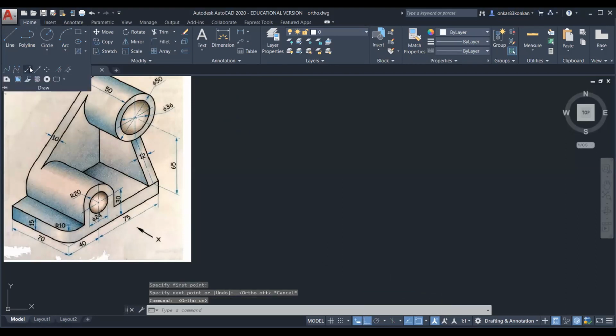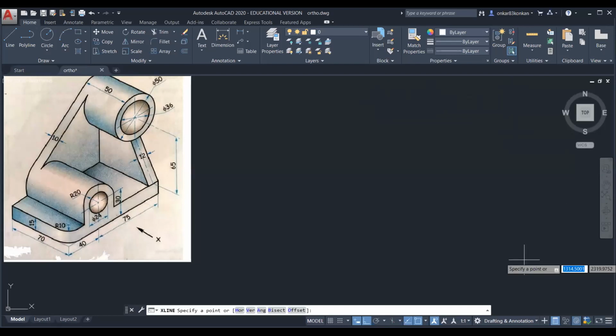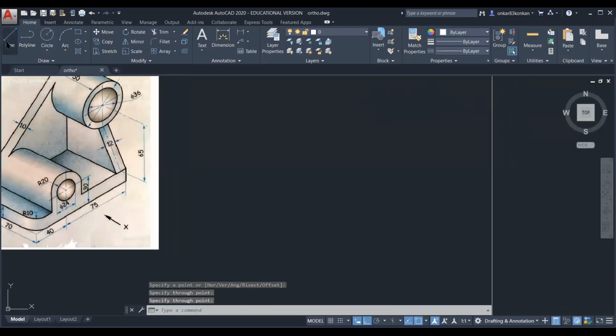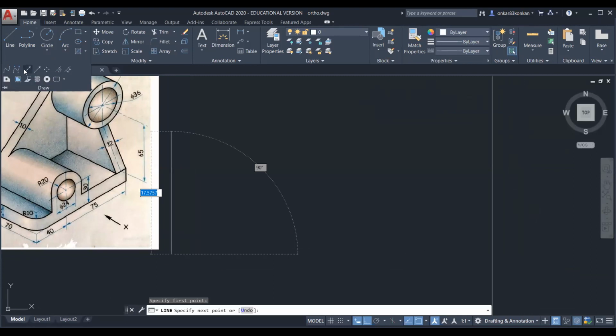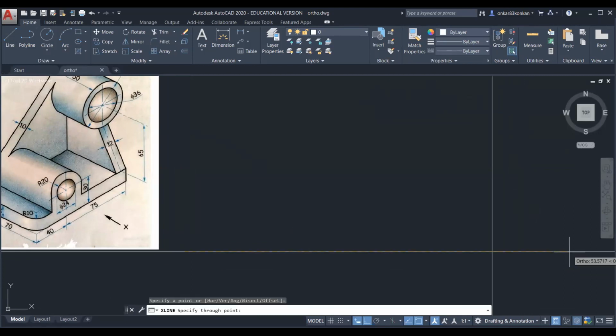So for the XY line and X1, Y1 line, first turn this on, that is ortho mode. Then select the construction line. For the construction line, you need only 2 points. So select the first point and select the second point and then press enter. Okay. So this is the vertical line. Then similarly, you can draw the horizontal line. So select the construction line. Then select first point, select second point horizontally, and then press enter. Okay.